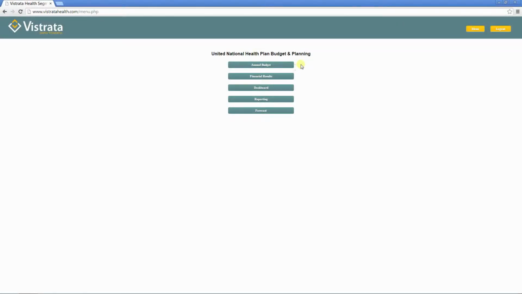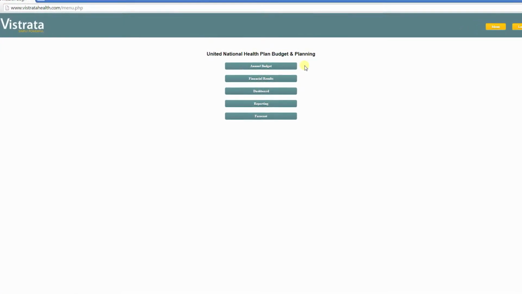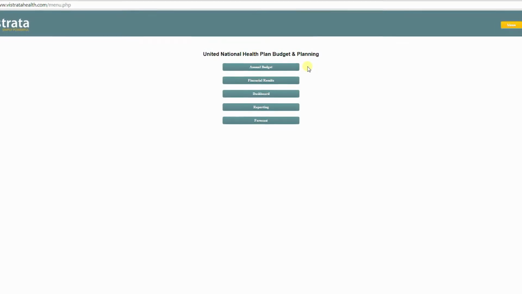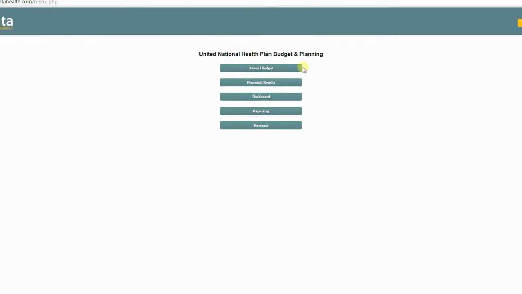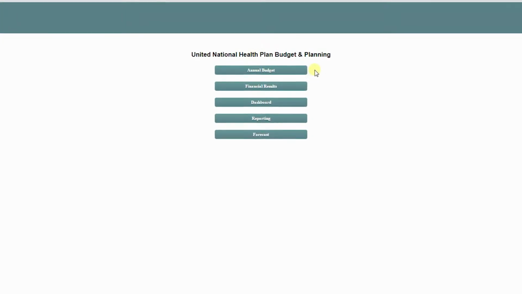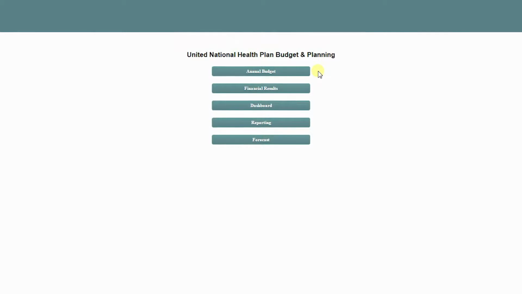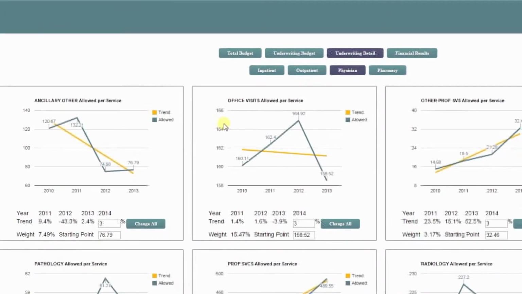Now let's explore the medical and pharmacy module of Vistrata. Medical expenses are driven by a few things. 1. The health of a member. 2. The member's utilization. And 3. Providers' contracts. Reviewing and understanding all of this data in Excel is cumbersome and difficult, but with Vistrata, the user